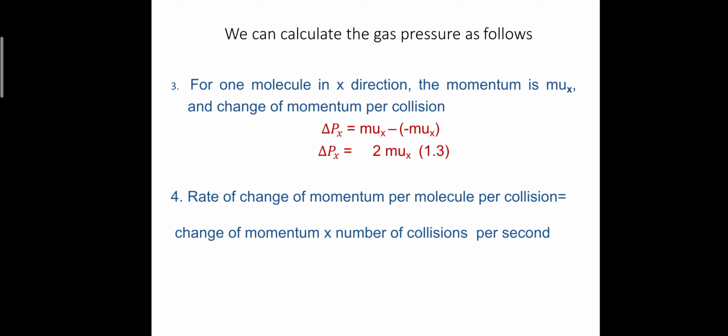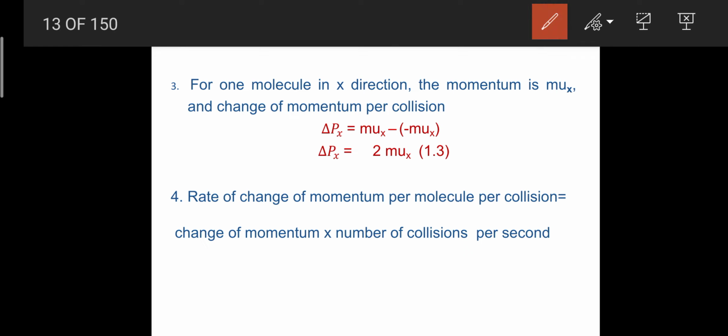Then for one molecule, now we are going to see, yes, we are interested to find out average of that particular molecule, cubic जो भी क्यूब में मॉलिक्यूल्स है उसका एवरेज निकालना है। पर उसके पहले हम निकालेंगे एक मॉलिक्यूल का प्रेशर, मोमेंटम, स्पीड, एवरीथिंग। सो फॉर one molecule in x direction, the momentum is indicated as mux. Now don't get confused with this u. U is simply here, we are using u variable here for velocity.